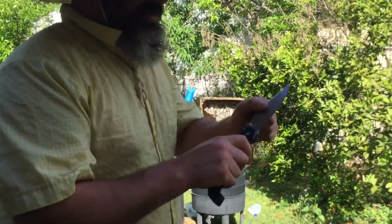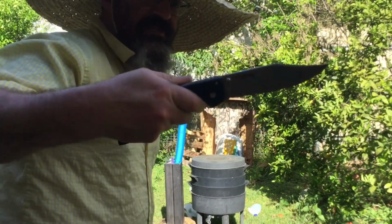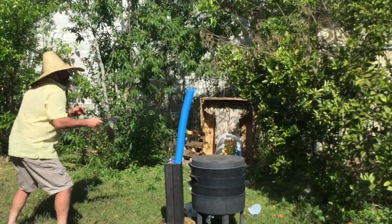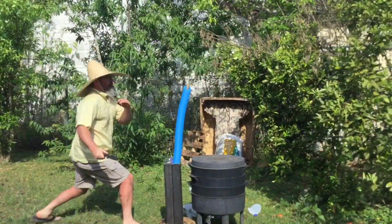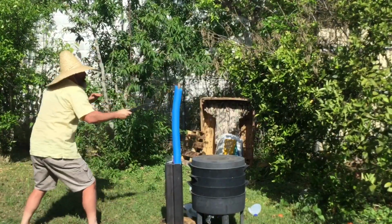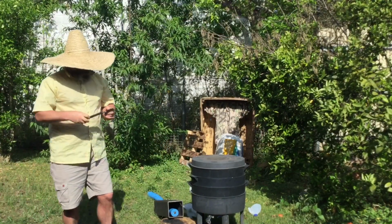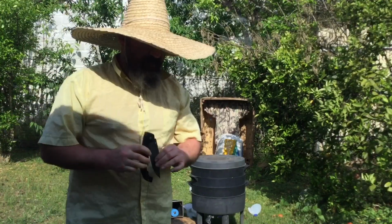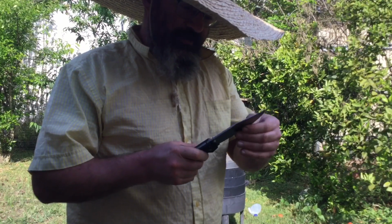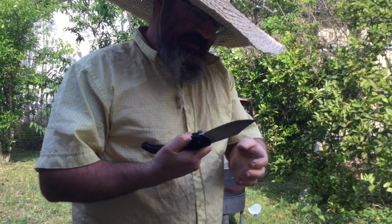It's the Voyager, Cold Steel Voyager. These are all Cold Steel knives too. Serrated edge. Okay, it's the first time I've used the Voyager for anything, and I can tell you